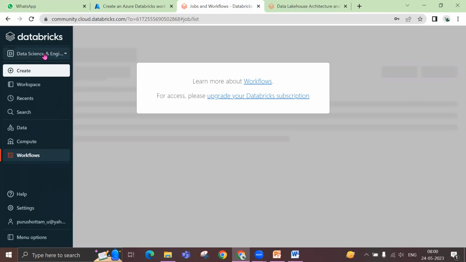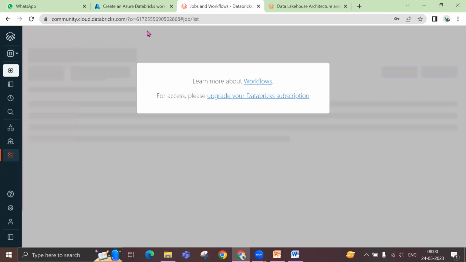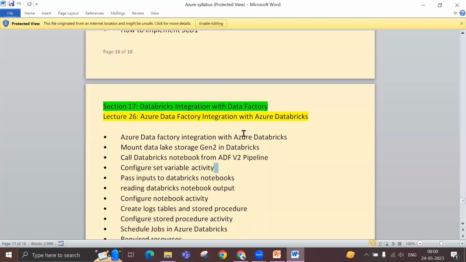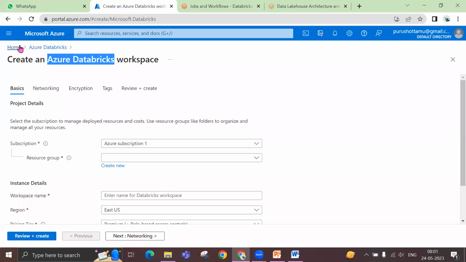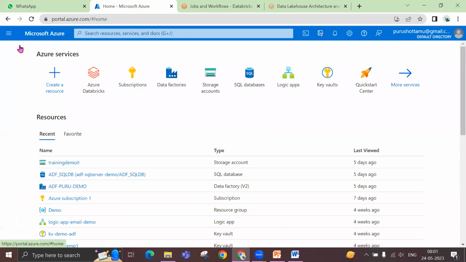Okay, so that's about Databricks and all. Okay, so as we said, there is a lot of interesting stuff. We're going to do that, and some of our existing services we've been using in Azure, for example, the subscription is going to remain the same,